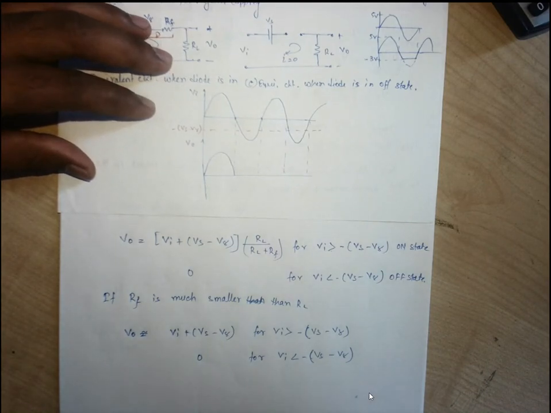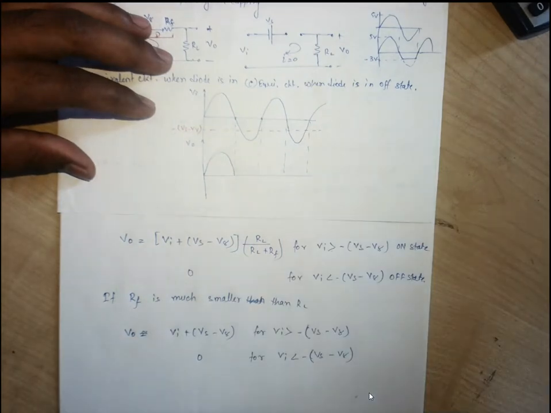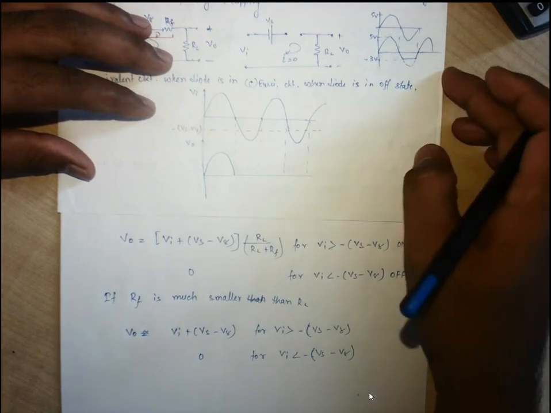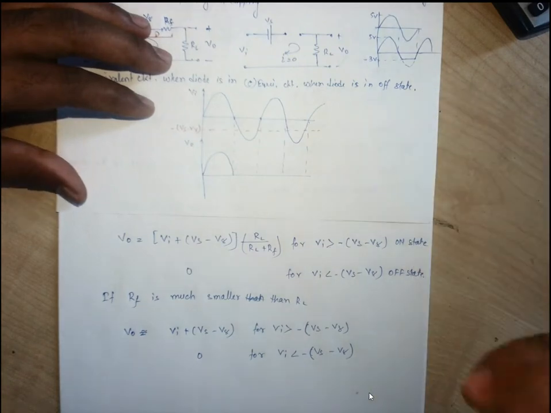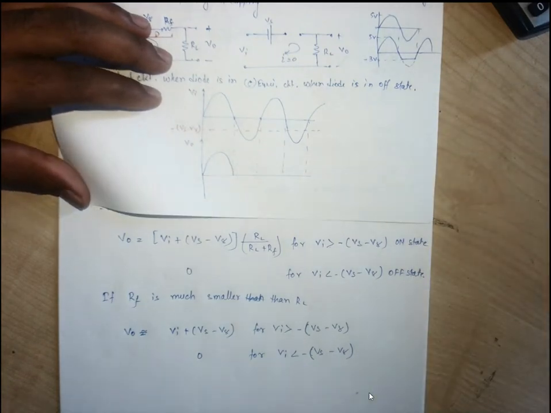Just try to think. The diode can be on if we directly connect positive with positive, negative with negative. Or there can be a possibility that we connect the cathode with more negative compared to the negative at the anode. That is also somewhat positive with respect to that more negative.